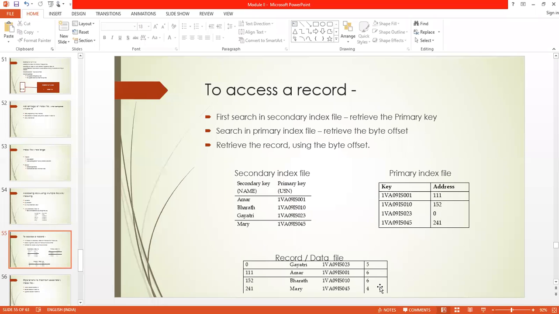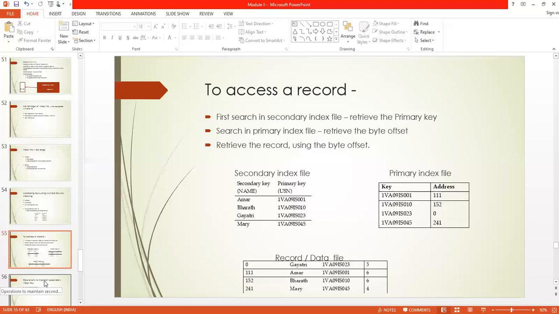So that's why it is the secondary key, and for the secondary keys I can build separate secondary index files. So for one record file, there can be different secondary index files. Here I have shown the example of name as the secondary index file. There can be another secondary index file with respect to semester. If there is semester, there will be many primary keys in the same semester. We'll see how it is stored and how it is done.